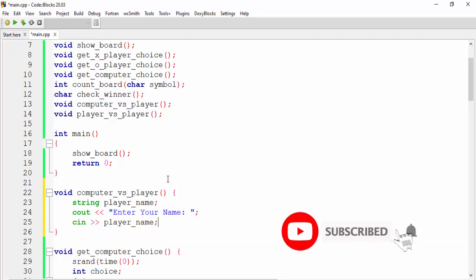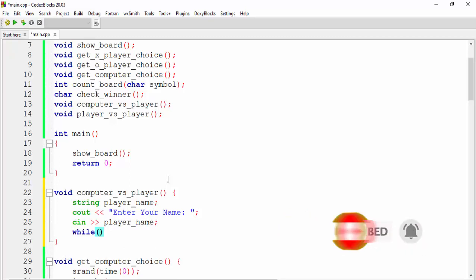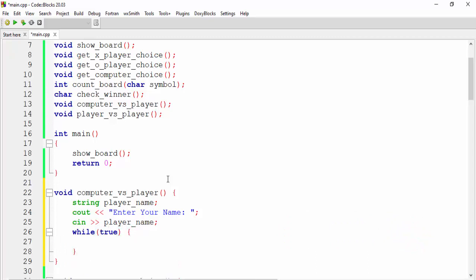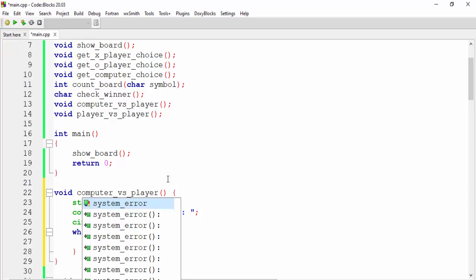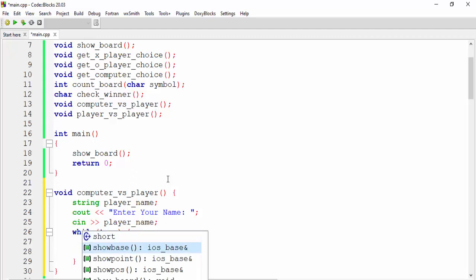After that, we will run the loop for infinite time until we break it from inside. So here we'll say while true. In the while block, I will say system CLS. It's not a recommended way to clear the screen, but it works for beginners, so you can use this. After that, the first thing I will do is show the board, so I will call our show board function.